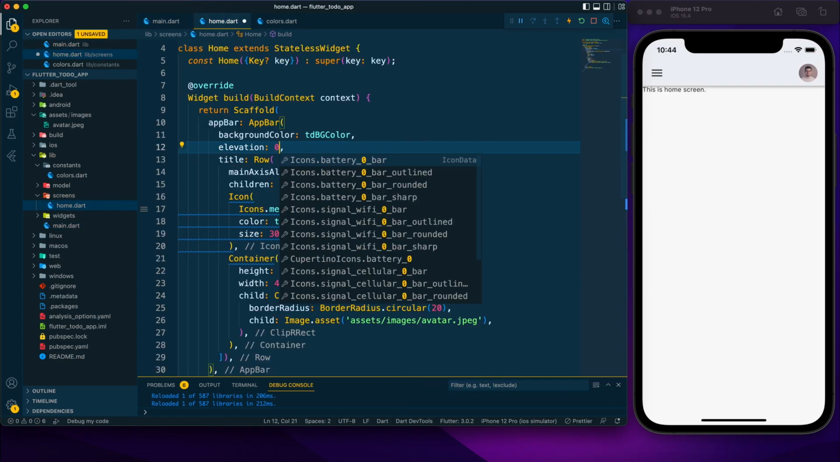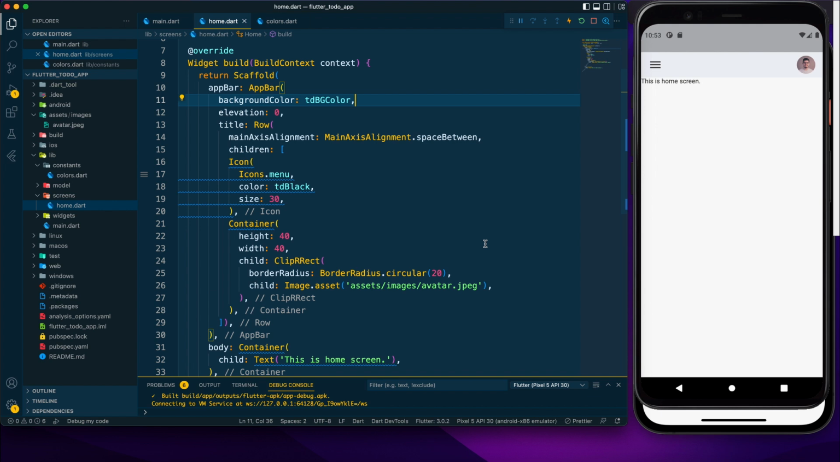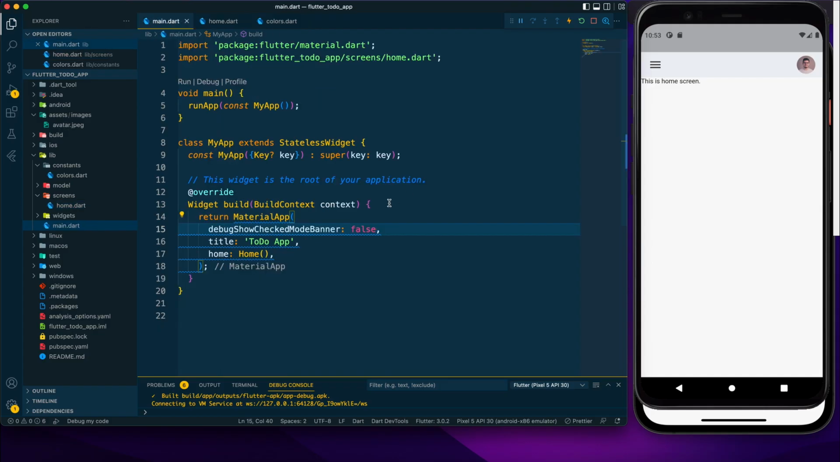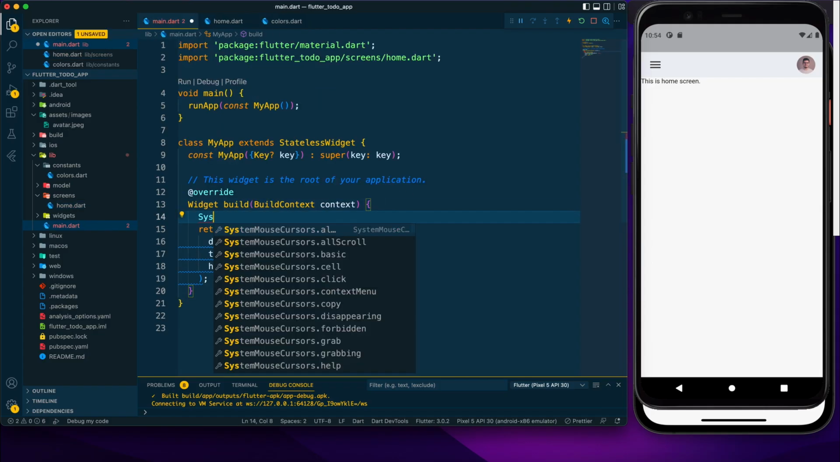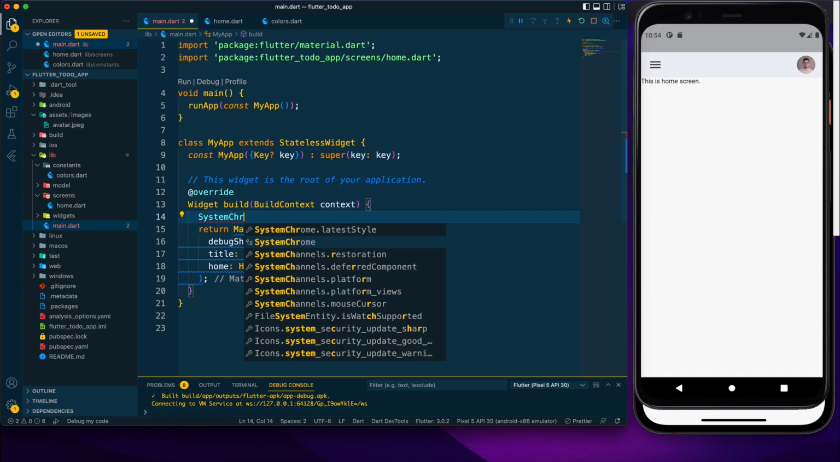And for the elevation I will provide 0, so the shadow has been gone. And now I have opened the app in Android emulator. So here we can see at the top we have a different color for the status bar. I don't want that, I want to change it, and for that here I am going to add SystemChrome